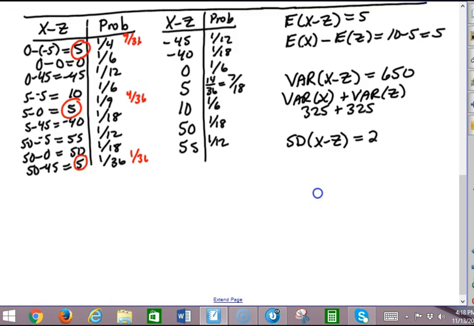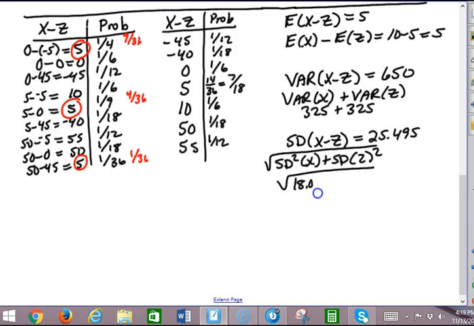And this is still 25.495, which would be the standard deviation squared of x plus the standard deviation squared of z, taking the square root of that. Okay, so that was what we did before, the square root of 18.03 squared plus 18.03 squared, which gave us the 25.495. So why is it that the expected value did what we expected, but the variance and the standard deviation did not? So let's go to the next page and kind of summarize